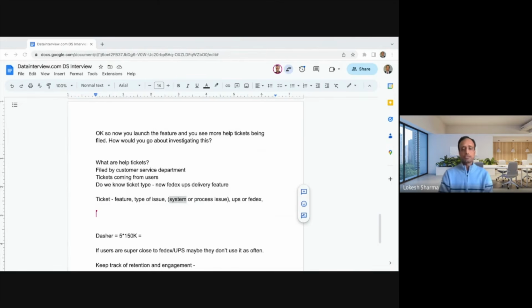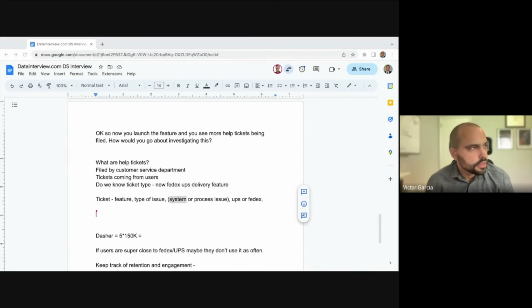And then process issue is like they didn't get the receipt or the tracking number, or the driver didn't tell them whether they delivered it or not, or they had confusion in understanding how the delivery is done. So that will help tell me what is the next step. Should we improve the product? Should we have better documentation or frequently asked questions, something to help with the understanding? Okay, that looks good to me.